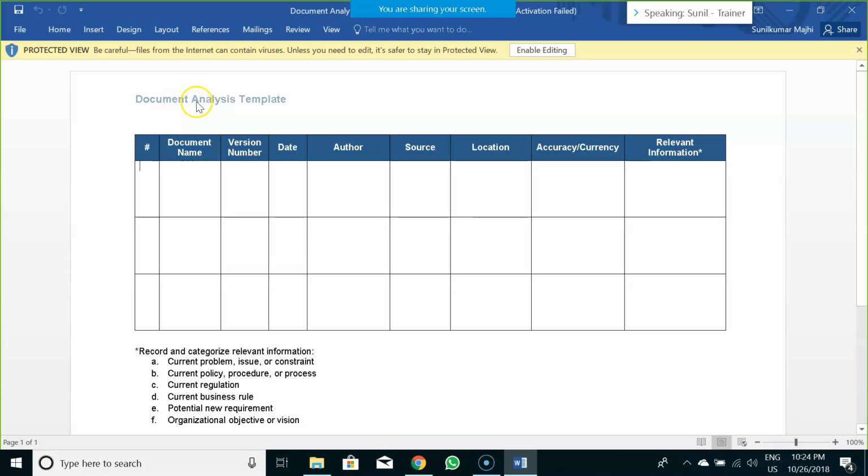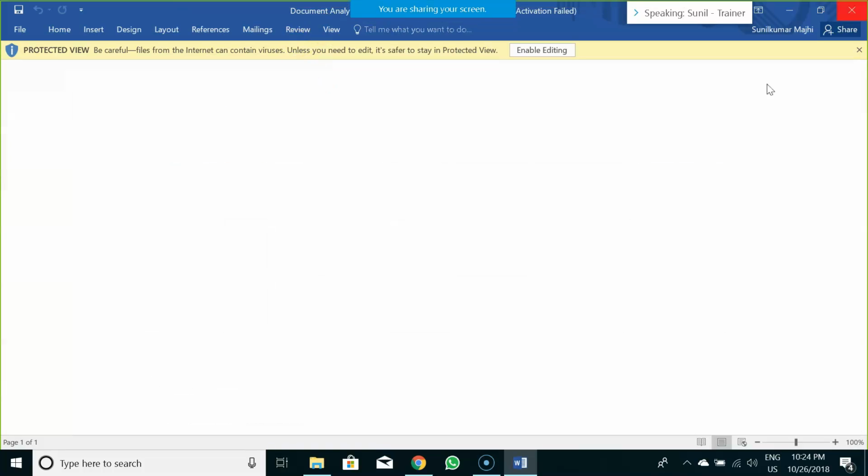You would be producing your document analysis report or document analysis log report, wherein you would highlight what all documents you have gone through and what your feeling is about each particular document, whether it's updated, outdated, or needs improvement, and the relevant information that you found through reviewing and researching those documents.